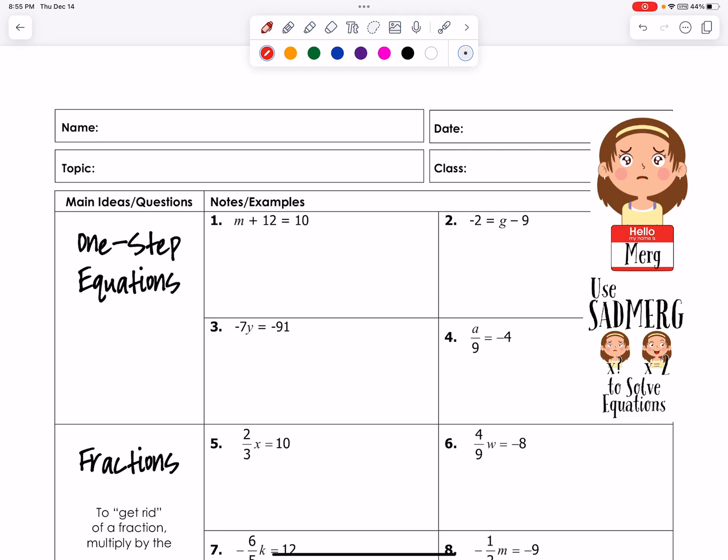Hutch here, and today we are going to intro one-step and two-step equations. Now, these are one and two-step equations with variables. So solving for a variable is different than just evaluating an expression or solving an equation. When we're solving for a variable, there's just something missing in the problem, which is so sad, don't you